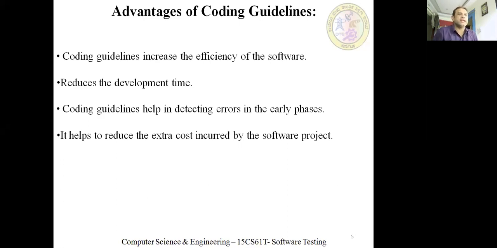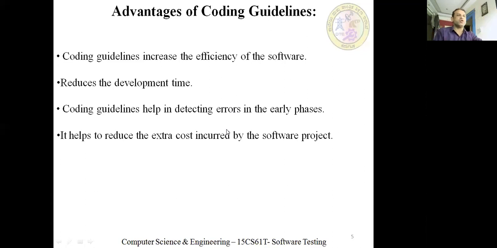Then coding guidelines help in detecting errors in the early phases. As you know, you have the SRS and the design. Based on the design, you write the code, so you can check manually. When checking manually, if one module is left out, you can immediately identify it. Or a module might not have been designed completely, so based on the requirement, you can check it. But a module that has been left out, or not designed, or has an incomplete design cannot be identified in dynamic testing.